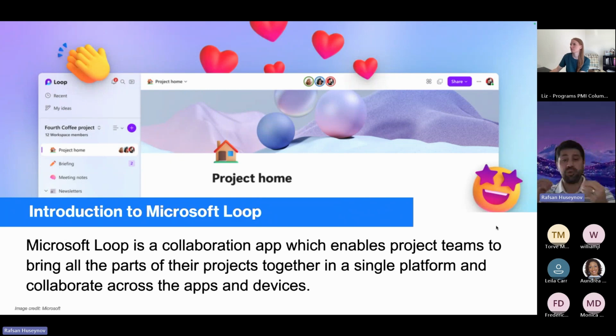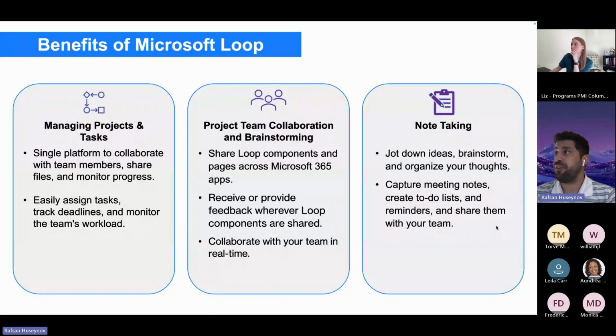Microsoft Loop is a collaboration application which brings all the project team members, their processes, and their tasks into a single platform where you will be able to do your project planning and brainstorming. Microsoft rolled out this application last year. You can even use your personal accounts to use Microsoft Loop. And there are some benefits,